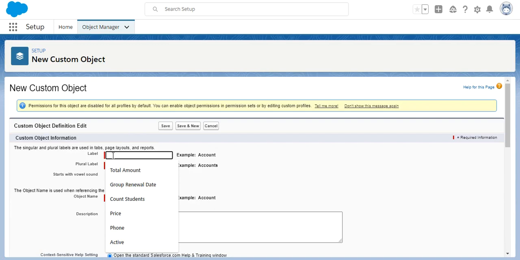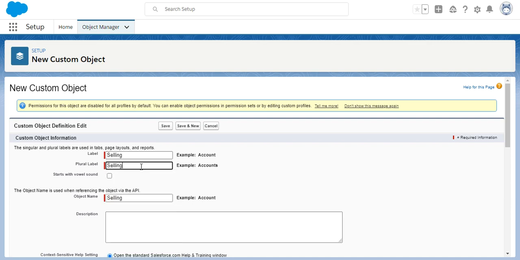I'm going to give the name like selling. On this object we can create the relationship, so that a single book can be related to multiple contacts, and a single contact can be related to multiple books.